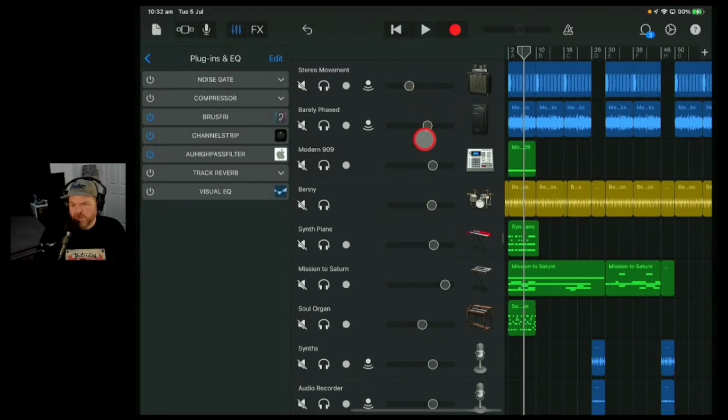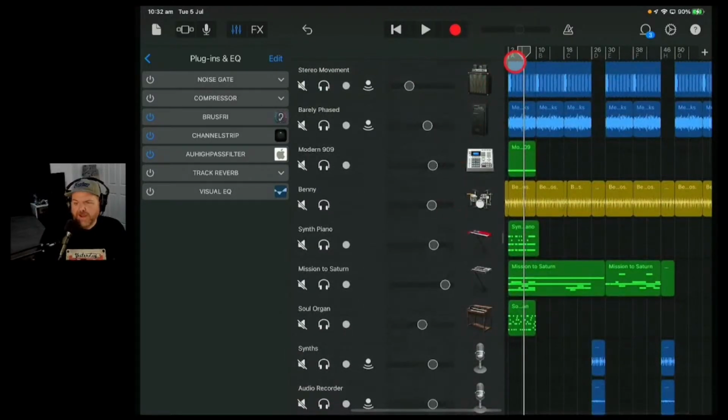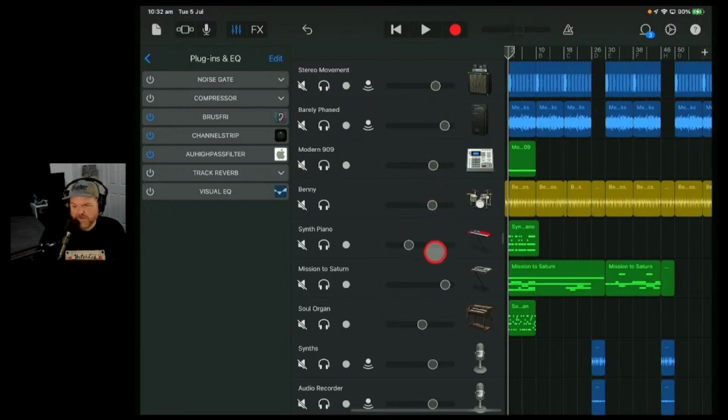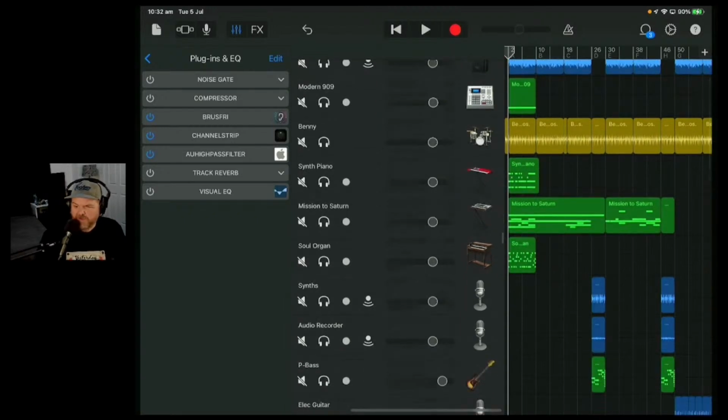And what you'll notice there is, someone that's started in GarageBand will be like, man, your volume levels are down really low and your overall master volume is really low. Yeah, that's kind of where it needs to be. The problem is that GarageBand by default sets everything up here. Let's have some fun here, and we'll just move everything. Oh, it's not working with the double tap. There you go. You have to use your finger. Remember that, folks. So if we just made all these back as loud as GarageBand kind of wants them,